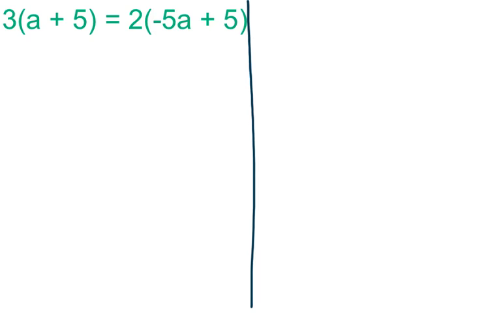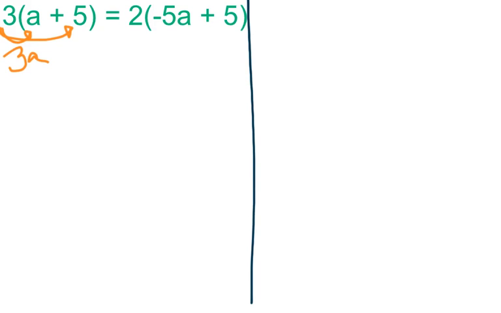Notice how there's 2 parentheses. So we're going to have to do the distributive property twice. So let's go ahead and get this baby started. Alright, so we've got 3 outside of this set of parentheses, so we're just going to distribute it. 3 times a, believe it or not, is 3a. Okay, very easy. You just kind of slap them together and make them hug. 3 times a positive 5 is 15. So 3a plus 15 is equal to, and we're going to just distribute again because we've got another number outside of